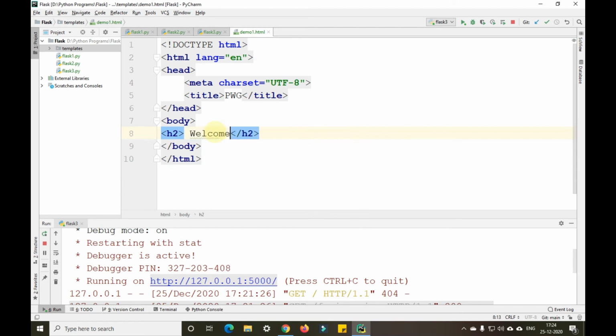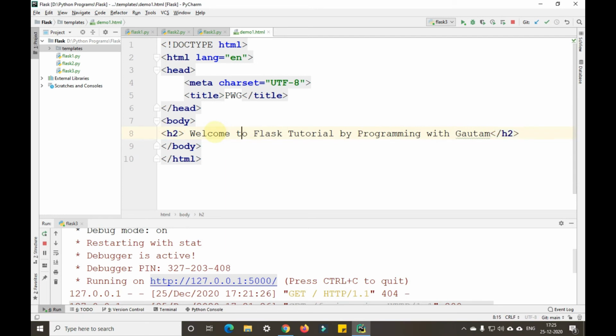Welcome to Flask Programming, Flask Tutorial by Programming with Gautam.